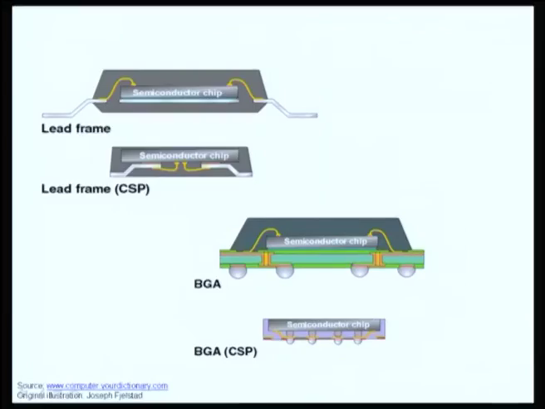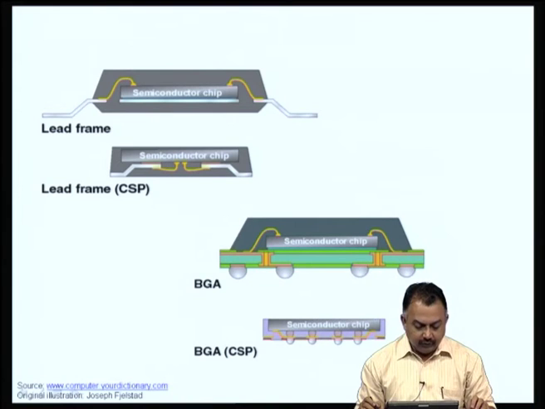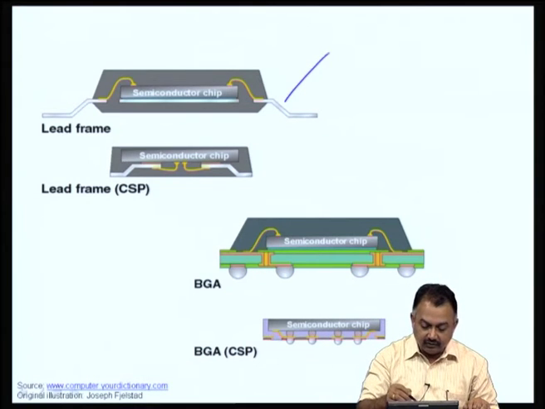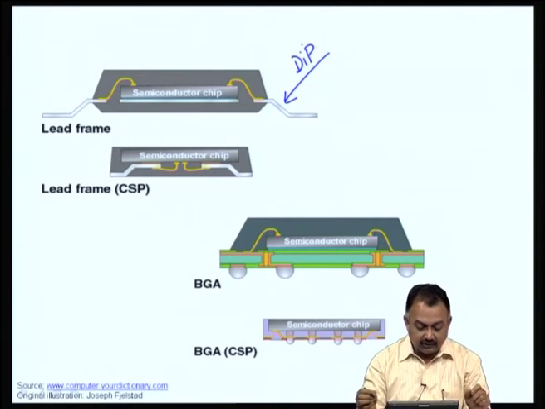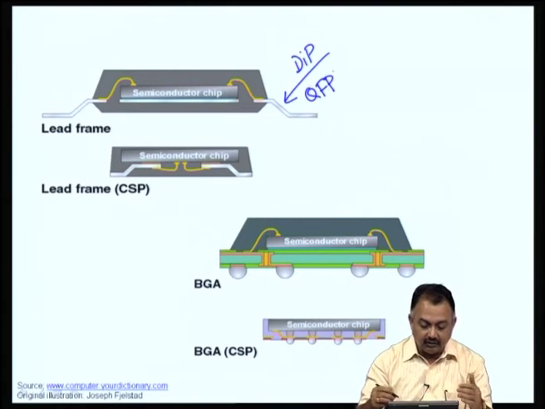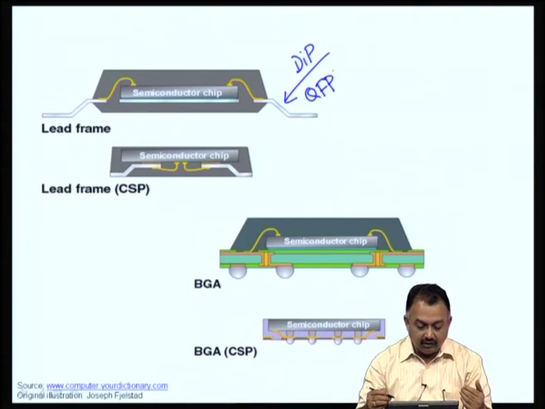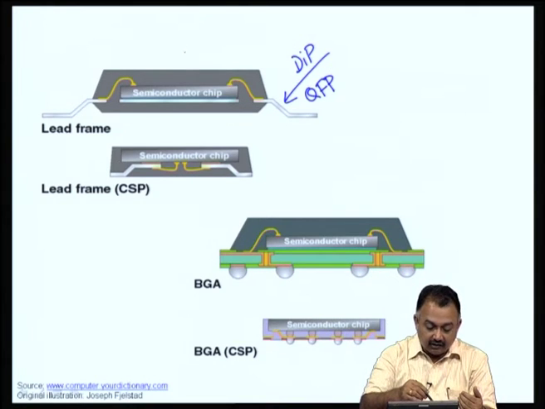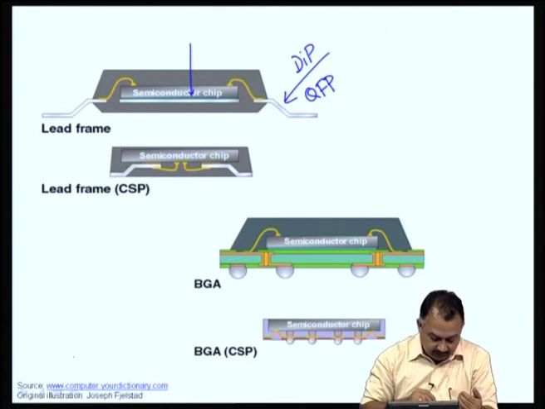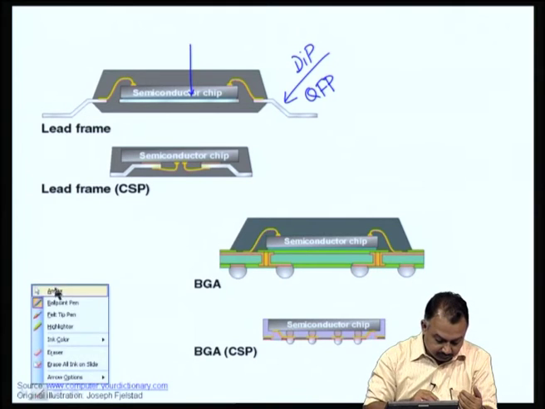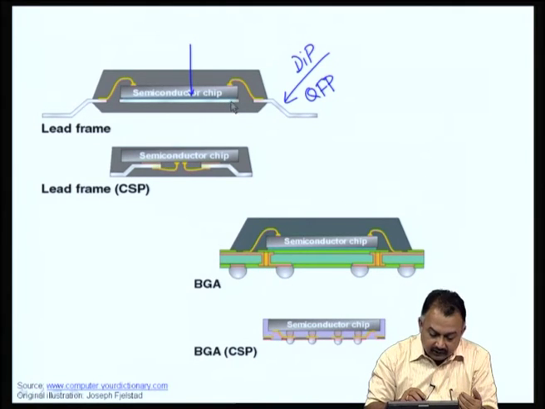If you look at this figure now, you have seen this package here on this table. The first thing is a lead framed package, which I showed you, a DIP package, dual inline package, or it can also be a quad flat pack. This figure is basically showing you a cross section. So, it can be a dual inline package or a quad flat pack. You can see there is a semiconductor device here, there is a substrate and there is a die attached.